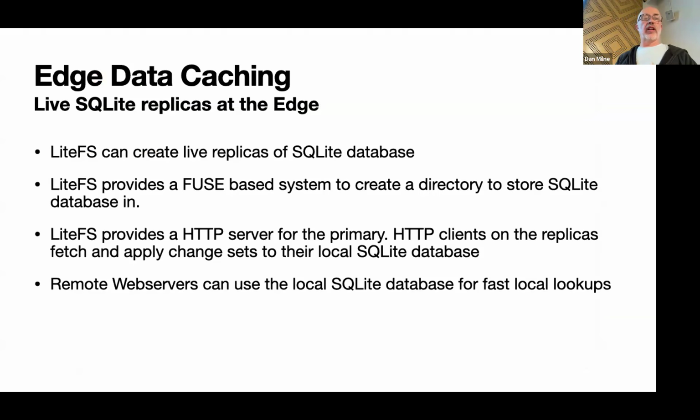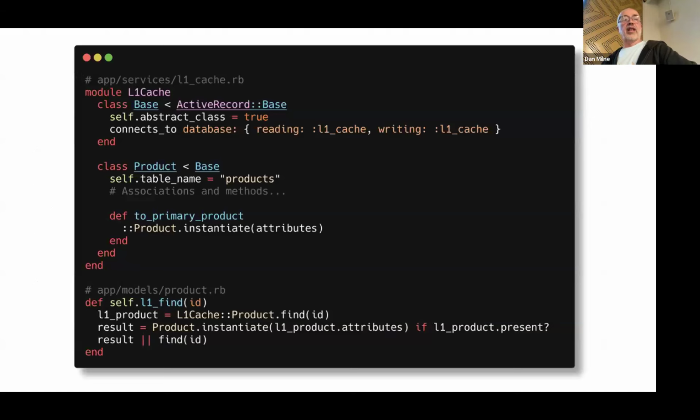And this is something I haven't tried. But you can use LiteFS to synchronize a copy of SQLite to your web servers. You can then use that same method I used previously with the module and Active Record, and you can dump data into that on the primary server, and have that data synchronize out to the web servers. And then your web servers can access that cached data locally. I'm not sure if that's really clear, but